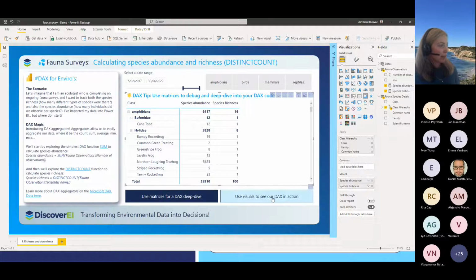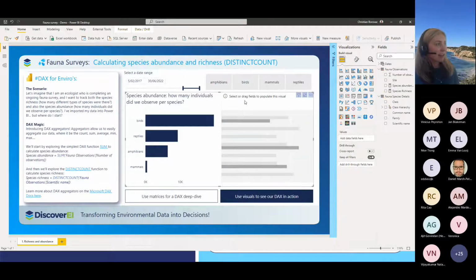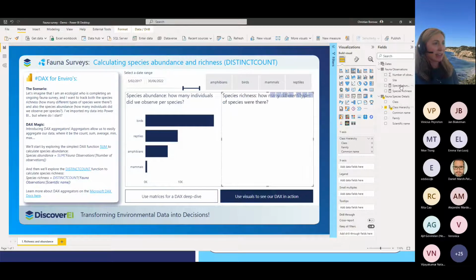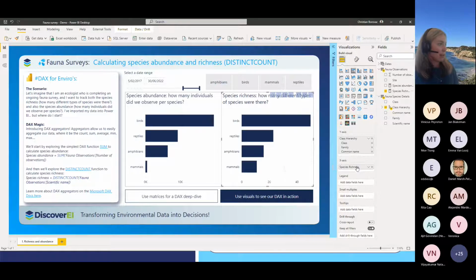If we look at this in a visual, we can see again that birds were both the most abundant and the most rich in species. We have 50 different species observed over this time period, whereas only 23 different species of reptiles, and so on.